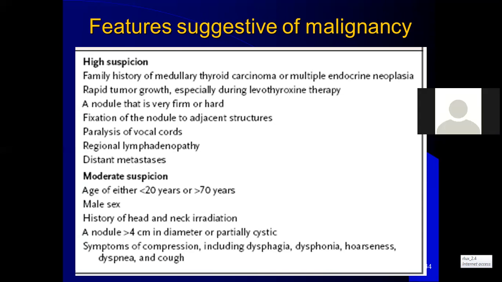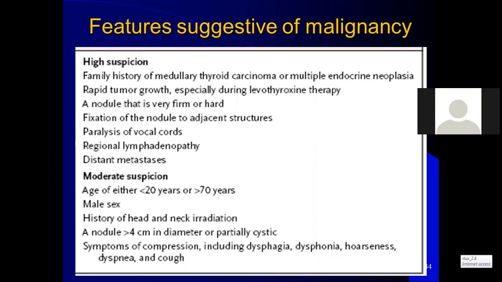If there is a family history of medullary thyroid carcinoma or multiple endocrine neoplasia, if there is rapid tumor growth, especially while taking levothyroxine, and if there is a nodule that is very firm or hard and fixed to adjacent structures, and if there is paralysis of vocal cords, along with regional lymphadenopathy and distant metastasis, we have to suspect